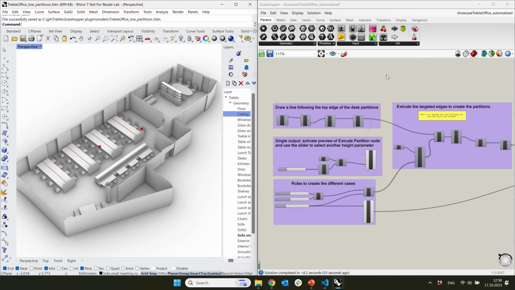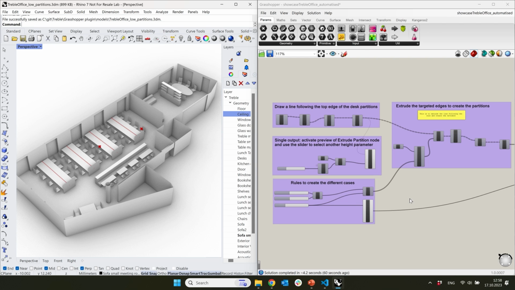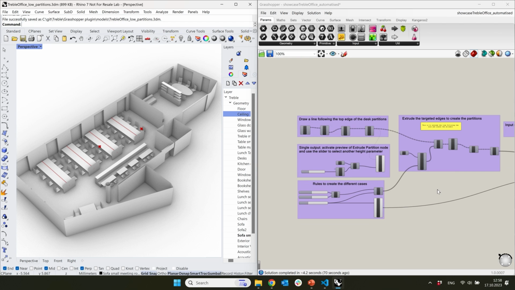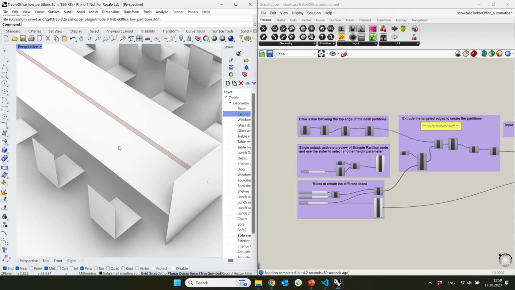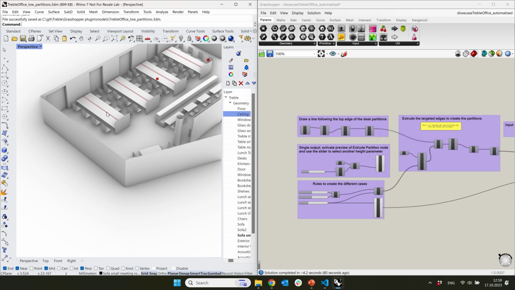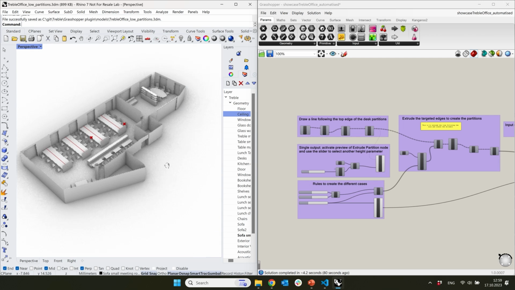And Grasshopper here on the right is a plugin into Rhino, which allows for visual programming, so making visual programming scripts that can interact with a 3D model in a rather seamless way. And what we are going to do in particular is investigate this open plan office here, which happens to be Treble's offices, and analyze the impact that the height of these partitions between the desks have on the acoustics of the room. And we're going to do this programmatically